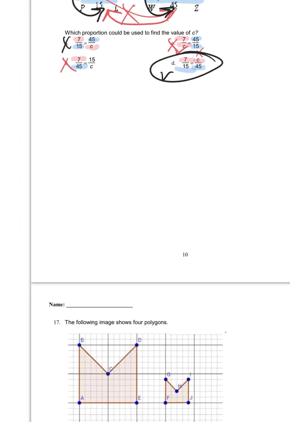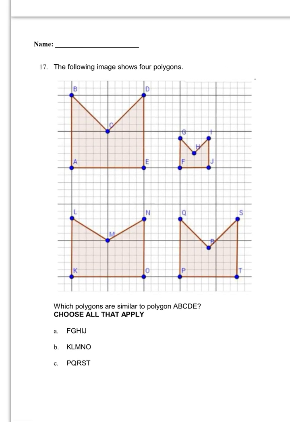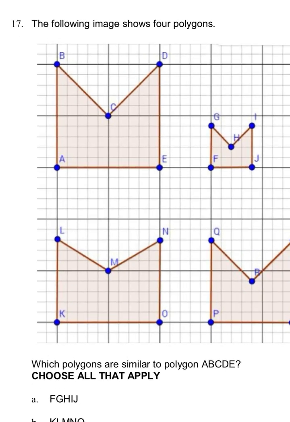All right, flip over to the very last question, number 17. It's giving you the picture of four polygons, and it wants to know which polygons are going to be similar to your A, B, C, D. This is very similar to the question of your WUMPs. So what I'm going to do to help us is count the base and the height of